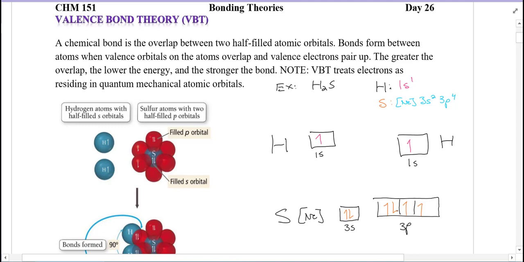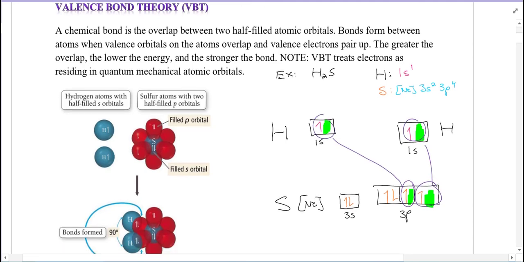So bonding opportunities: each hydrogen has one bonding opportunity, and sulfur has two bonding opportunities in the p orbitals. These electrons will pair up and these electrons will pair up, and we have something